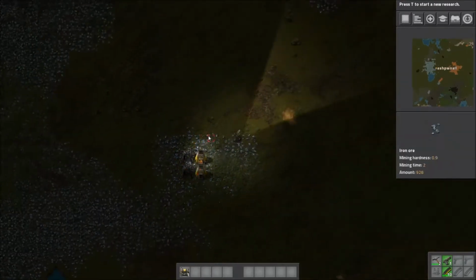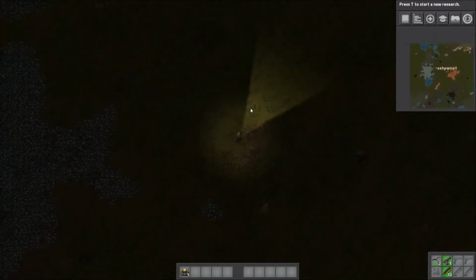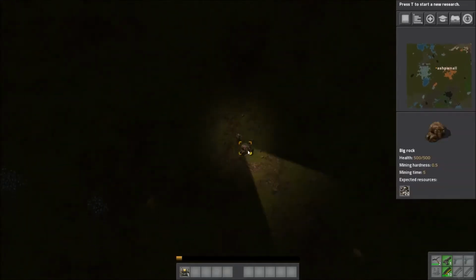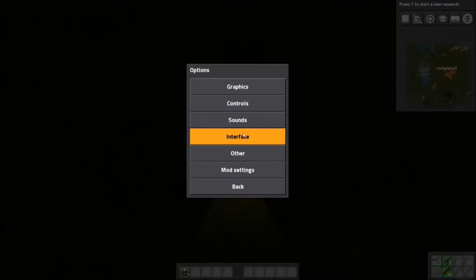Oh, I didn't know some of these rocks, the big rocks, actually have this. I guess one here has coal. No, that doesn't have coal in it, but we'll get it anyway. Some of the big rocks have coal and iron in it. Sorry that it's so dark. Apparently you can...